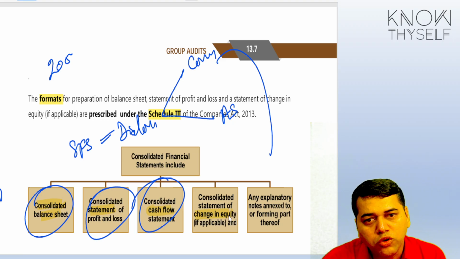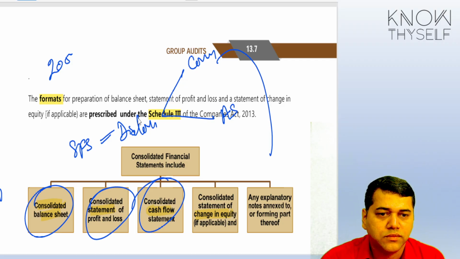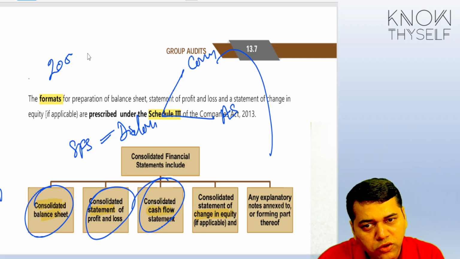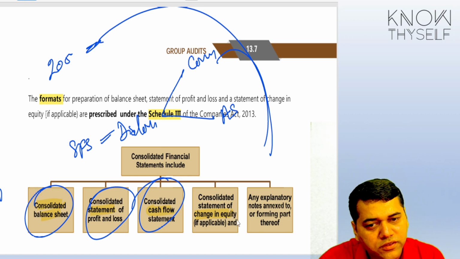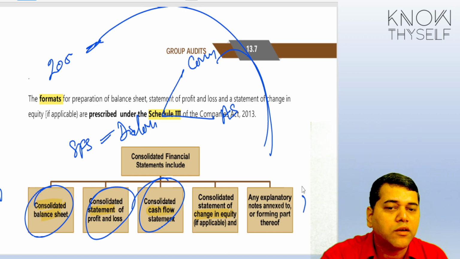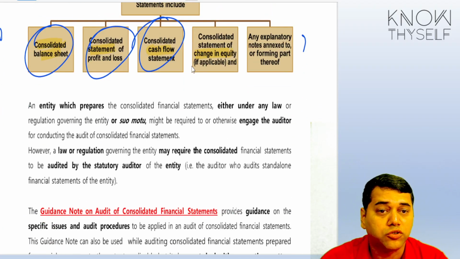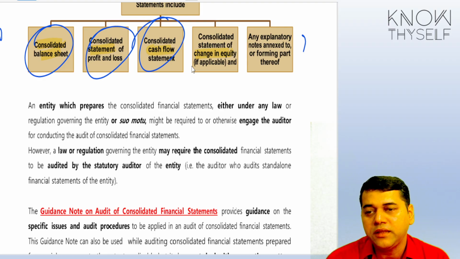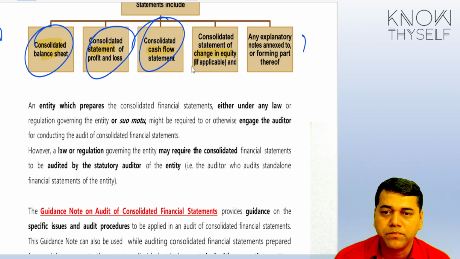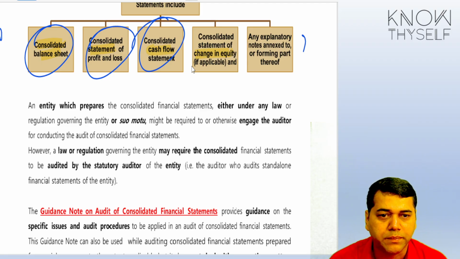Like, what notes to accounts should I disclose? Should I give all whatever notes are given here? Should I be giving it for the CFS also? Again, we are going to see in the basics. So what should be the notes to accounts? Okay, the format is clear to you. The format should be the way the parent's format is applicable, whether accounting standard or Ind AS, as told in Schedule 3, the same format the CFS will be prepared.